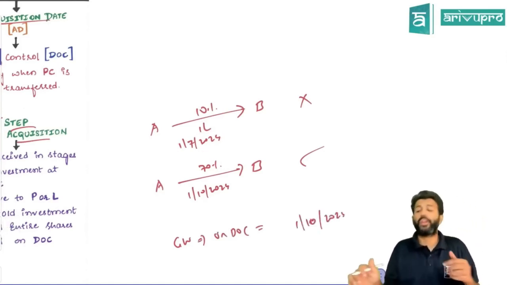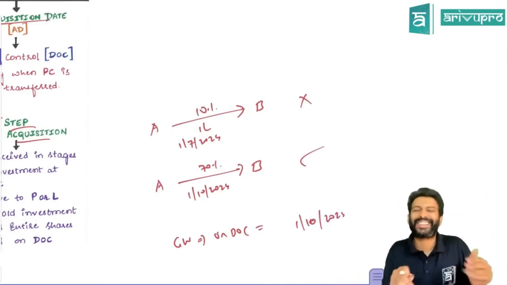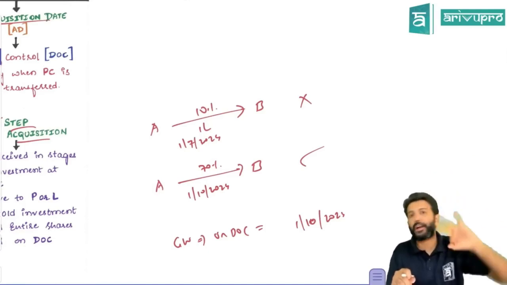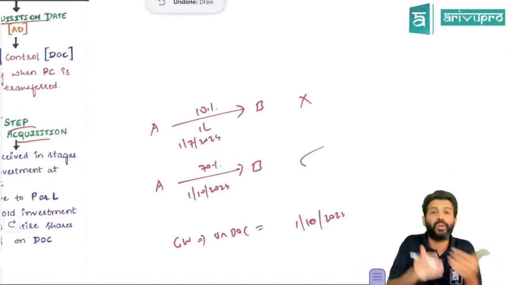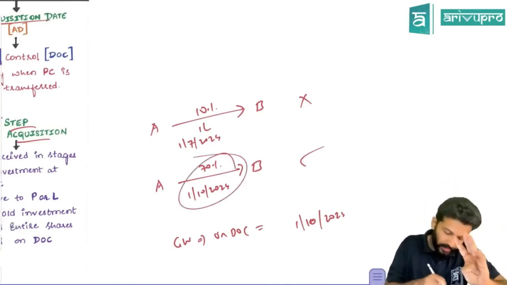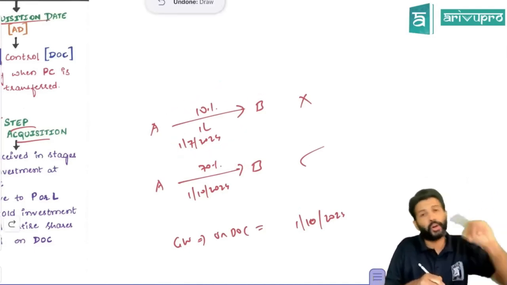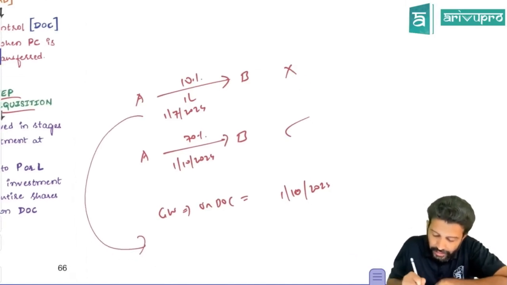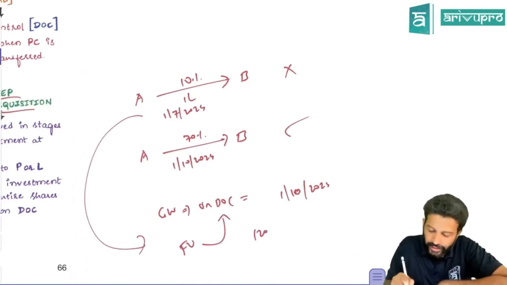On 1st October, what do we need? How do you find out goodwill? We have already seen this, right? First you take the PC, you take NCI, and compare it with net assets. But here PC is not given in one amount because you already had 10%. So how do you calculate goodwill here? First is the cash paid now for the 70%, plus the fair value of the existing investment. Whatever investment you had already purchased before, we don't take the carrying amount of that. You have to find out the fair value of these investments on the date of control. The fair value could be 1,20,000 or whatever.